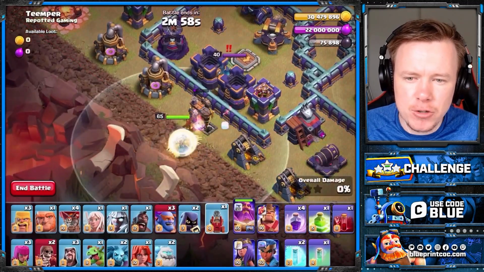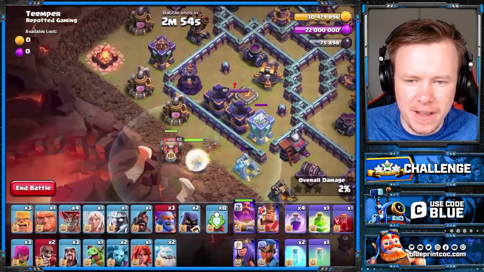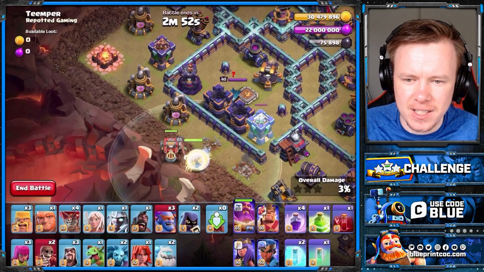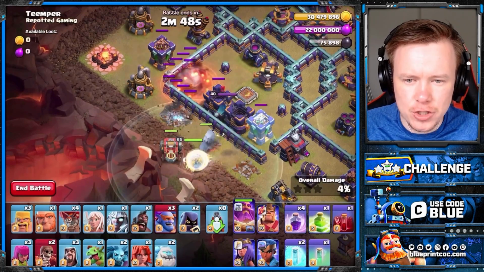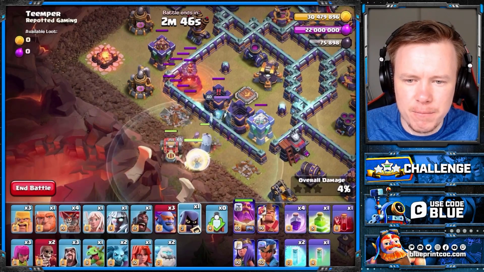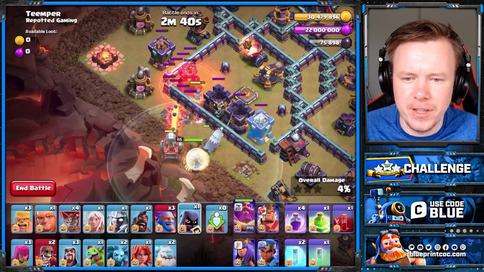This approach is definitely more simple, but it's also more likely to fail. So we start with the Warden walk on the Dark Elixir Collector, wait a second, then put that Flame Flinger down. As soon as this RC targets the Frosty, put a headhunter down, and we're going to take her down easily. And we're going to set up a very similar Flame Flinger value as you saw in the last attack,